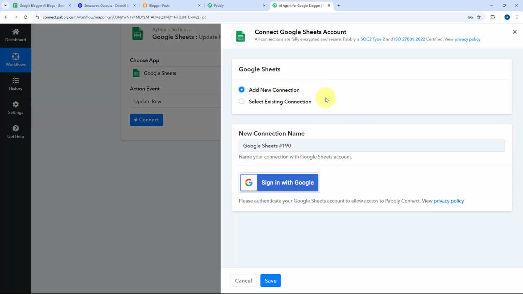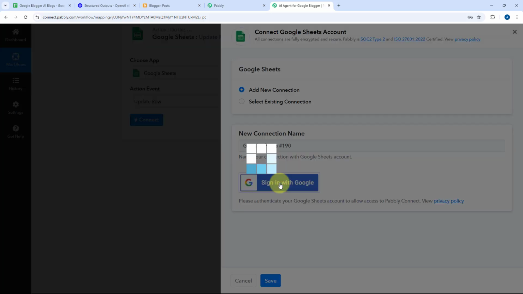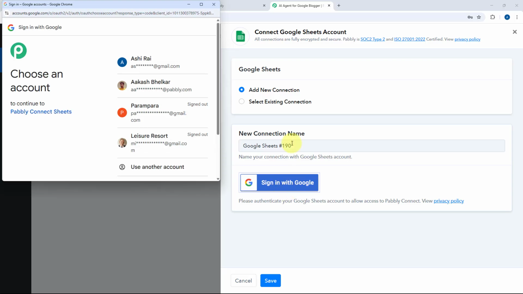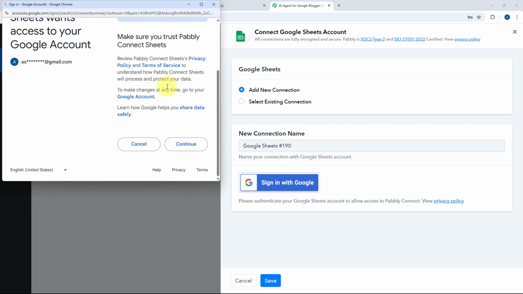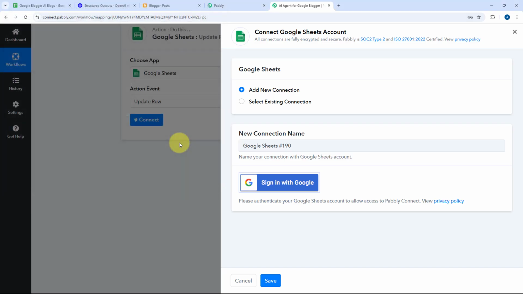Now here we have to connect our Google Sheets account with Pabbly Connect. To make this connection, just click on this Sign In with Google button. Then in this pop-up window, we will select our Google Sheets account. Then we'll scroll down and click on Continue. And as we click on Continue, we will see our Google Sheets account get connected with Pabbly Connect in